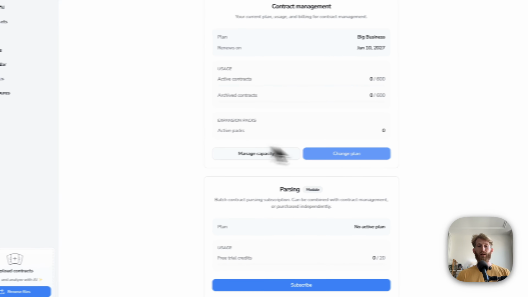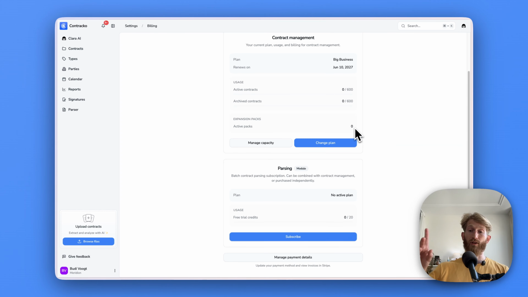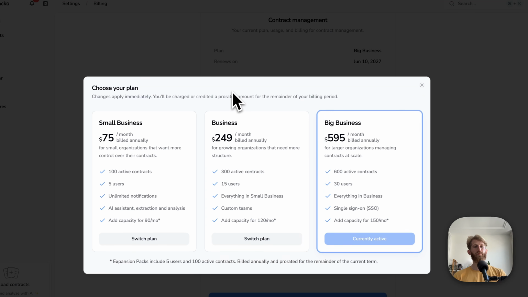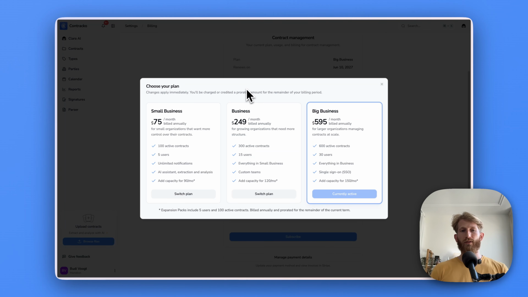Then in terms of billing, you can find more detailed billing information on the website, but I'll just explain briefly the way we've thought about pricing. Contracko prices around the number of active contracts. That's the best indicator and proxy for how much value you're getting. You will get basically uncapped signatures within your contract plan.